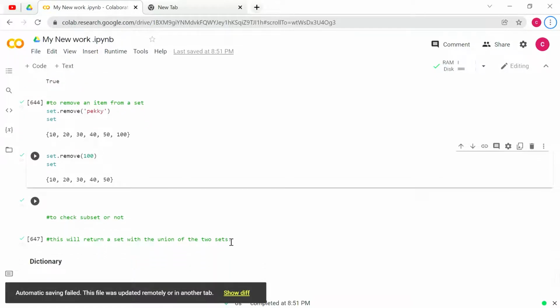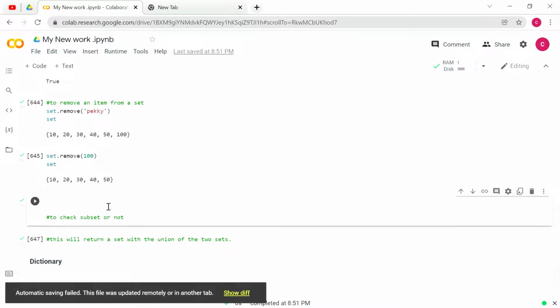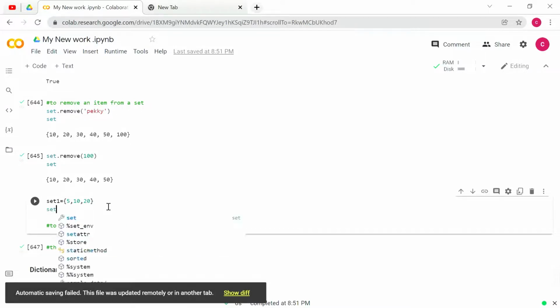Next is the code to check whether one set is a subset of another one. For that, first of all we need to create two sets. My first set is set1 equals, inside curly brackets, the values 5, 10, 20. And my second set is set2, inside curly brackets the values 10, 20, 30.